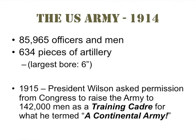So here's the United States Army in 1914. We got 85,965 officers and men. That's it. Not counting the National Guard and Reserve component. This is what we have in the regular Army, and about half of them are in the Philippines, and some of them still garrisoning Cuba, and the rest scattered in detachments all over the western United States,